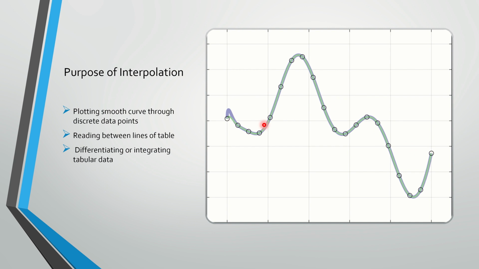और इसी रीडिंग बिटवीन लाइंस ऑफ टेबल, these are the purpose, ठीक है। Differentiating or integrating tabular data: if you have a tabular data and we want to differentiate that, आप उसमें rate of change find करना चाहते हैं। अगर आपको सपोज करें velocity given है किसी भी पार्टिकल की और आप उसकी पोजीशन या डिस्टेंस फाइंड करना चाहते हैं, जो टेबल डिस्क्रीट फॉर्म में होगा, तो उस केस में हम इंटीग्रेट करते हैं। तो इंटीग्रेशन जब आप टेबुलर वैल्यू को करते हैं तो उसके लिए ऑब्वियसली इंटरपोलेशन चाहिए होती है, ओके।